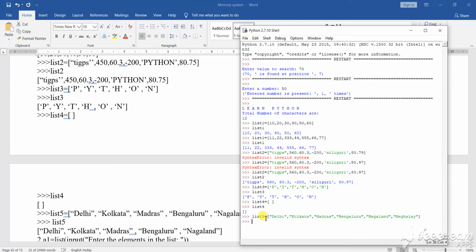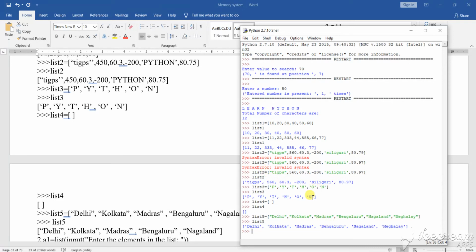Now what happens if I give list5, you see those names. Now what changes are you seeing? What I have given in double inverted commas came in single inverted commas here. So these are the things you can find, that they are going to be printed in this particular format as you are calling the list. The way that you are calling the list, that particular way the list is going to execute, and it will give you the output for that particular scenario that you are implementing.